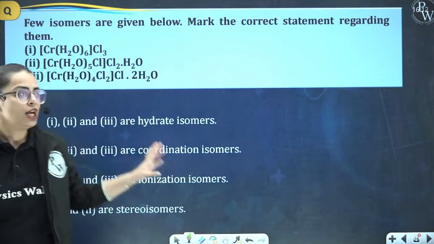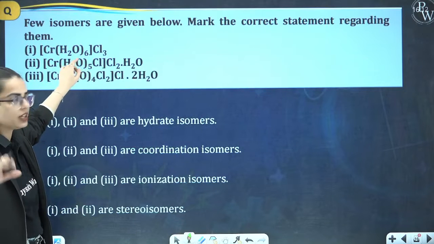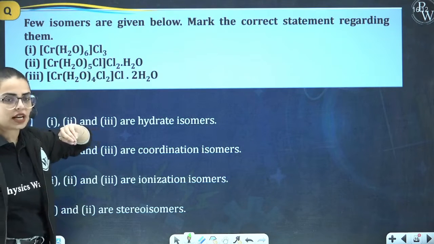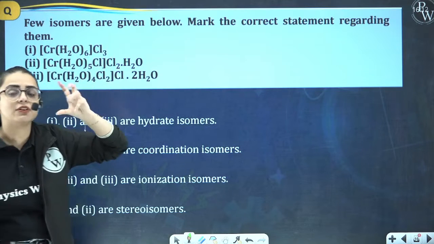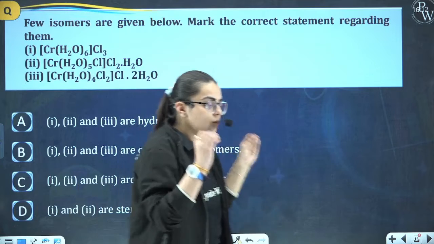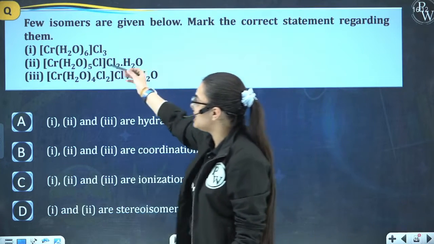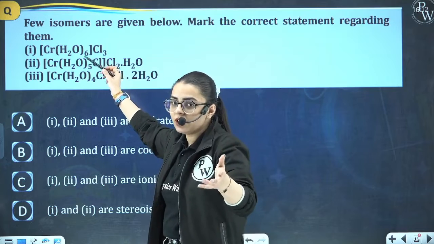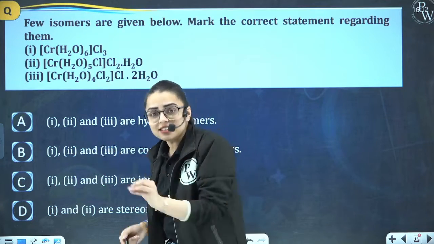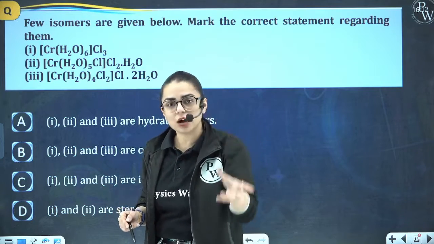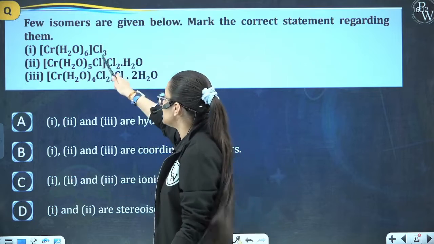So if I talk about the very first case, here we have Cr, H2O, we have 6 ligands over here, and Cl3 as our counter ions. In the second one, we have Cr again as a central metal atom, and again we have H2O, that are the 5 water molecules as the ligand participating over here, and one is the Cl, which is the ligand behaving over here, which was initially the counter ion, but now it is behaving as what? It has a tendency to act as a ligand, so it is now coming inside and it is replacing one of the water molecules and is becoming a ligand.